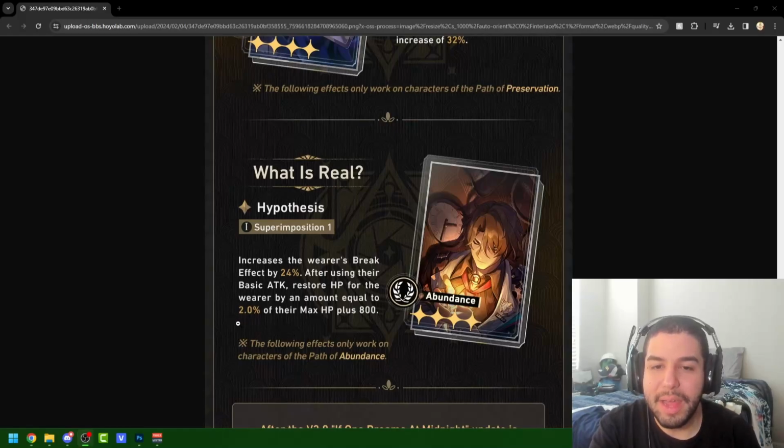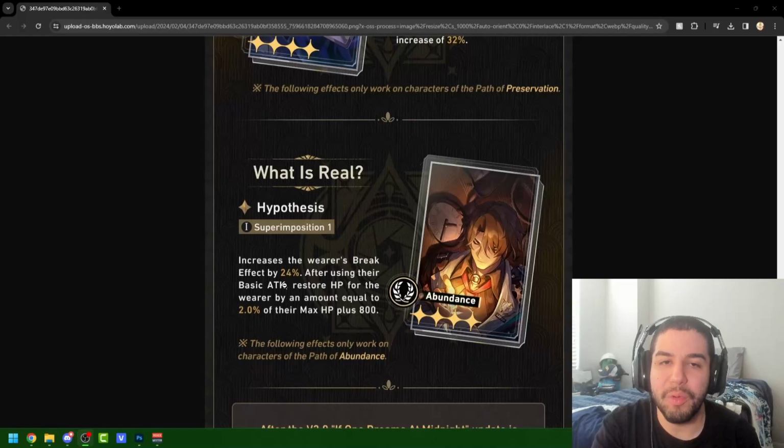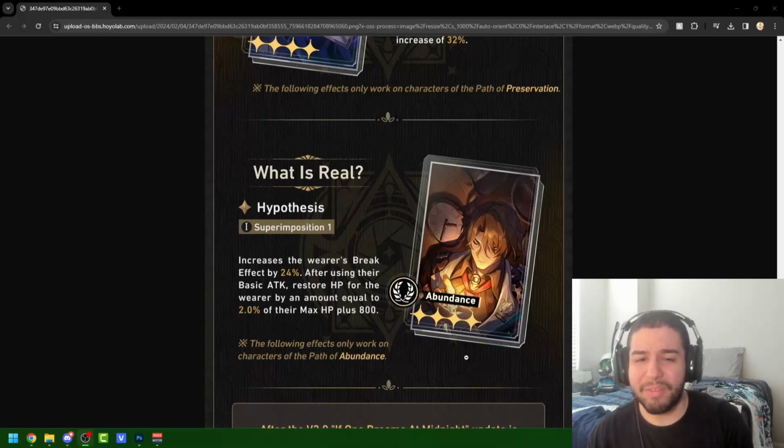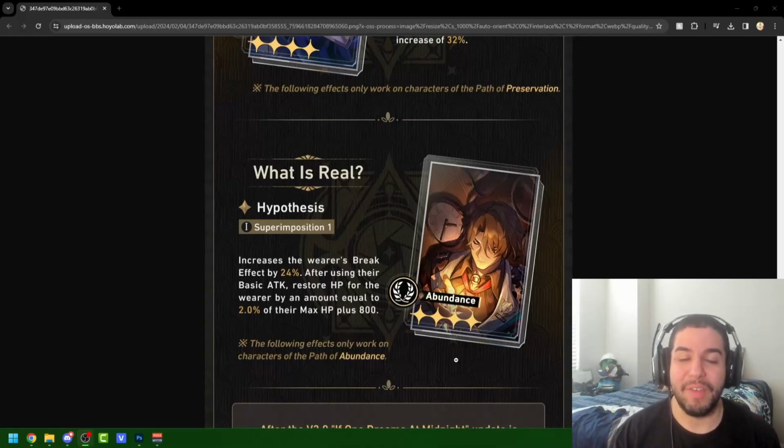And for this one, it's going to increase the wearer's break effect by 24%, and after using their basic attack, they'll restore their own HP by an amount equal to 2% of their max HP plus 800. And when it comes to break effect there, I feel like that isn't as useful for current Abundance characters. I think maybe Luocha could take some benefit from this, because Imaginary's break effect is very good. But besides that, I don't really see this being better than other current options for Light Cones for Abundance characters,